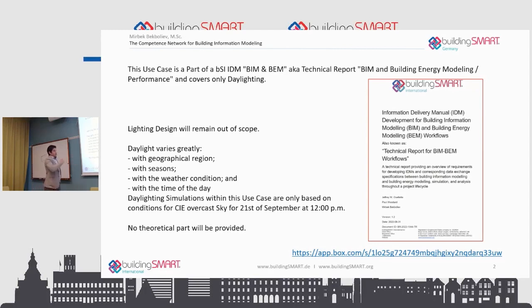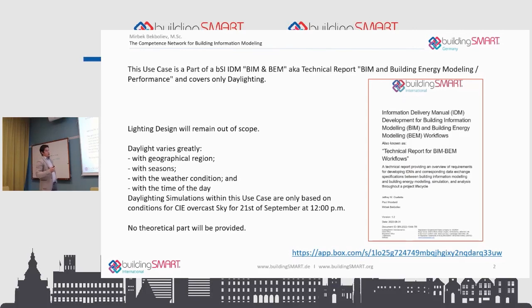As a part of this BIM report, together with Jeffrey and all the other experts, we worked on the process maps. There is a process map that you will find in the appendix. And those exchange models. Exchange models mean what I need in order to run a simulation. I need to know my requirements, so that's what I got. This is the simple basic information of what I need to have.